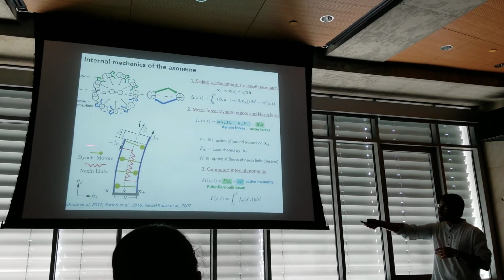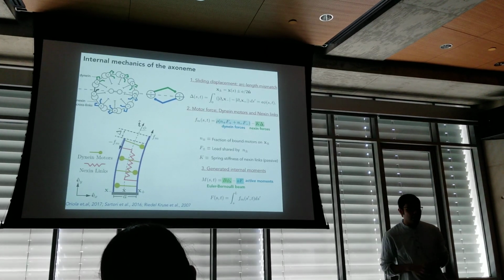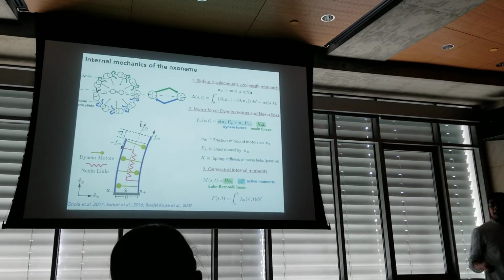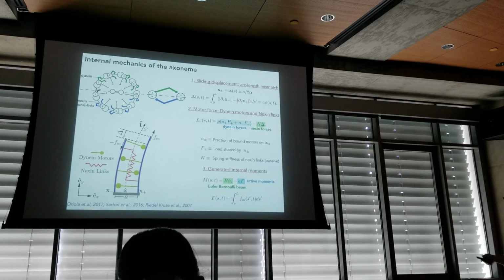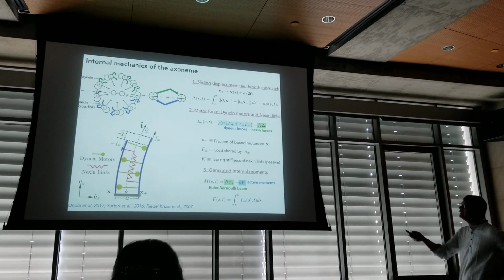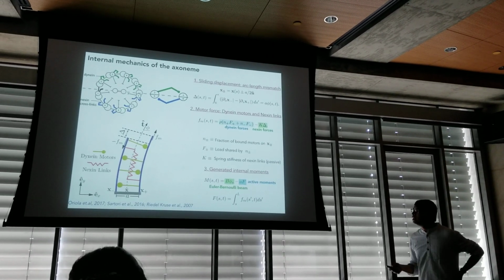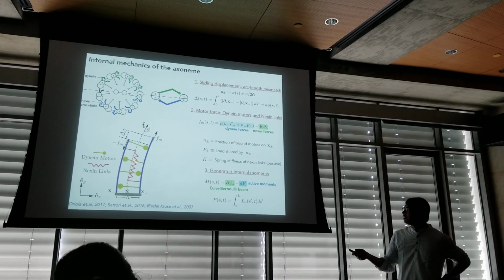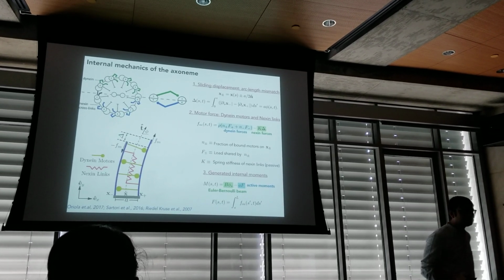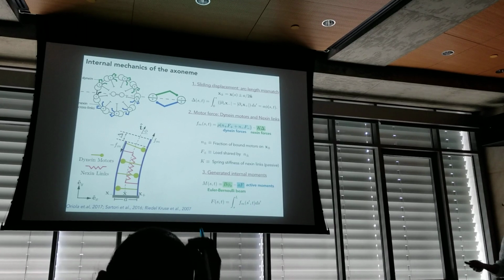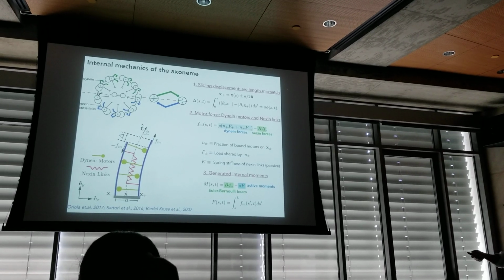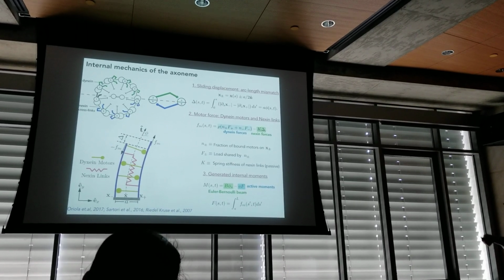And then there's a passive component that I mentioned before. The nexin links, this spring-like structure, resist this free sliding, and that adds a component of force, which to leading order we model as linear springs of stiffness K. This force is equal and opposite on each of these filaments, and that generates an internal active moment that goes into the moment balance equation, along with the passive component of the backbone that we model as a polar elastic filament.